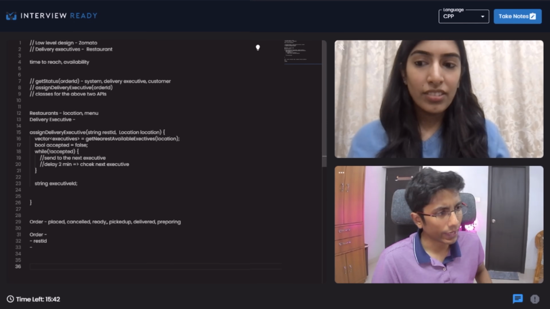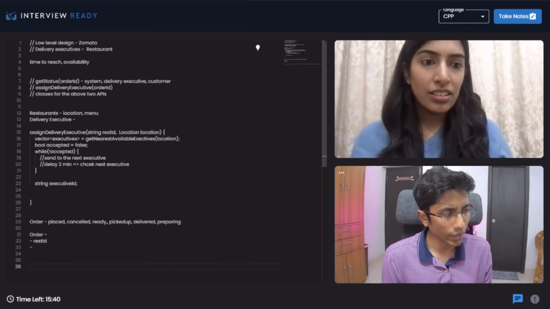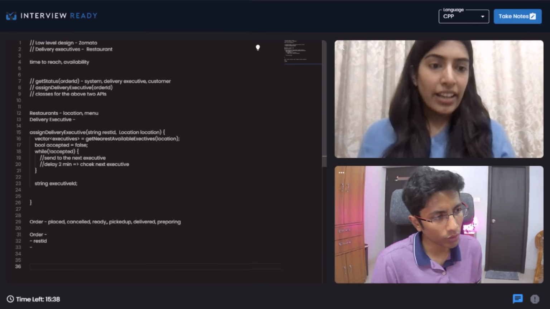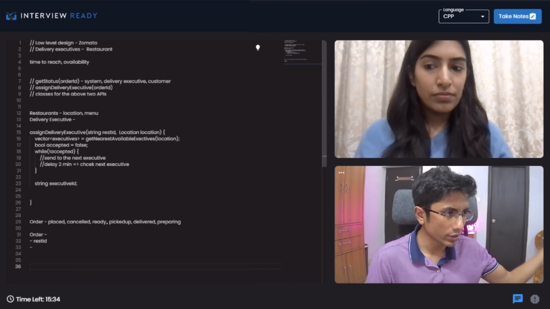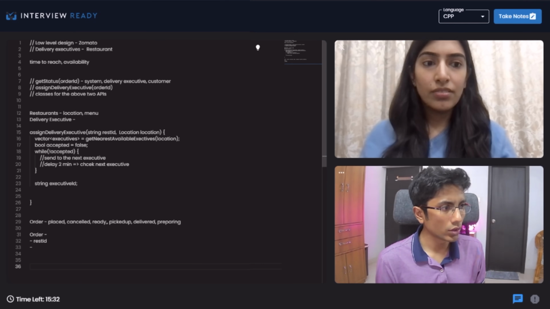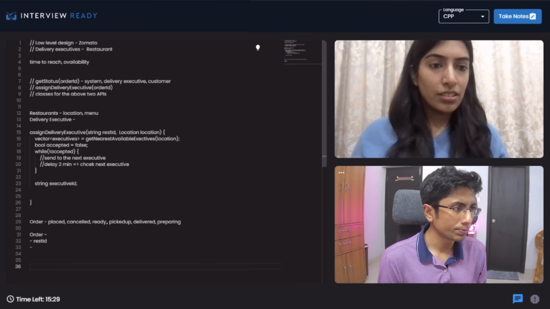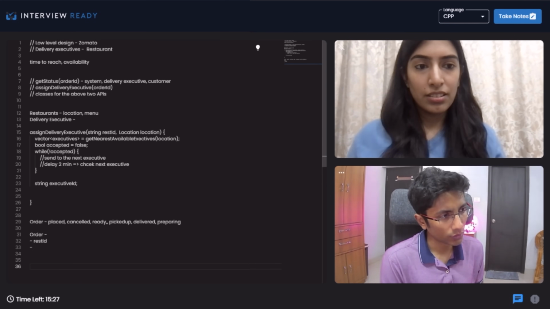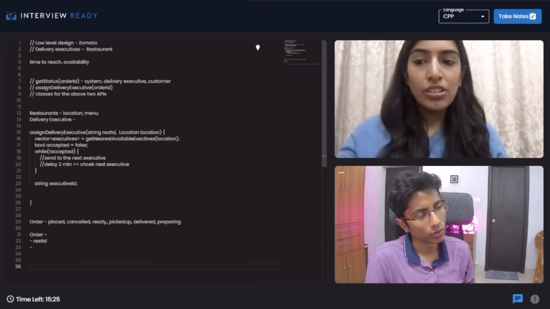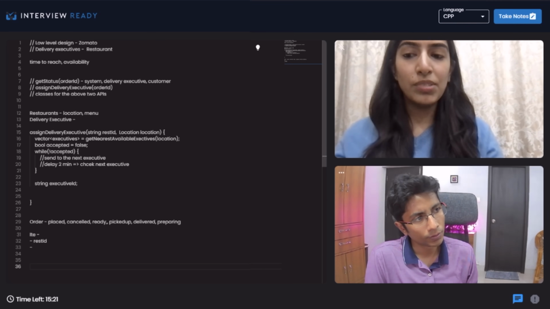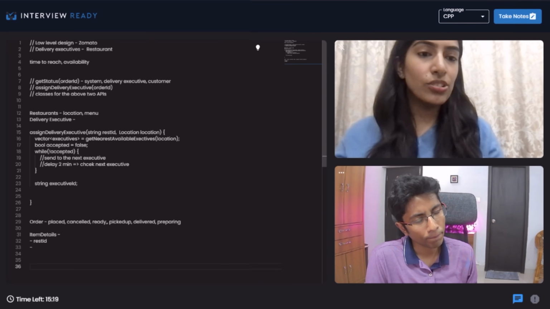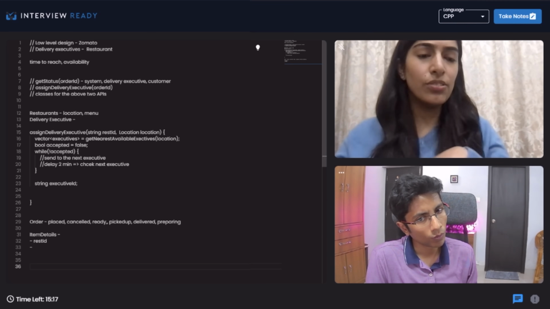Just the invoice, you mean, like things which are important to the order, not the status. Okay, so all the state changes you're going to have somewhere else, like you're going to log them, probably keep them in a nice way, and you're going to have a pointer to that in the order. Say it is called item details, right? That will have the restaurant as well as the food.